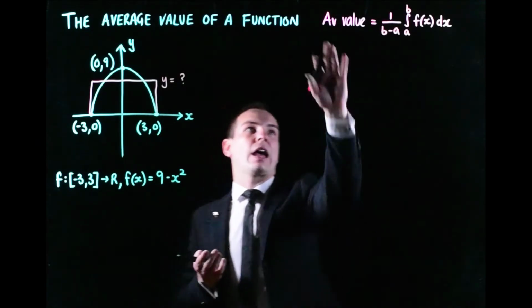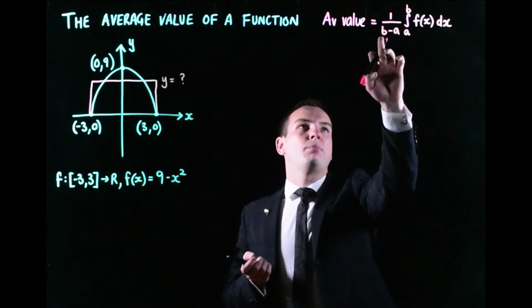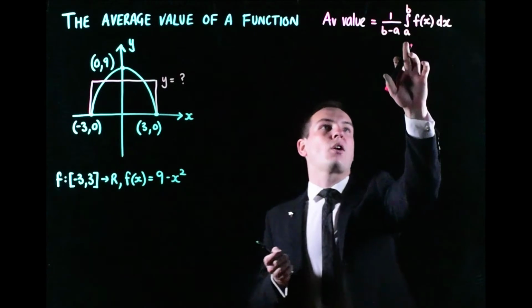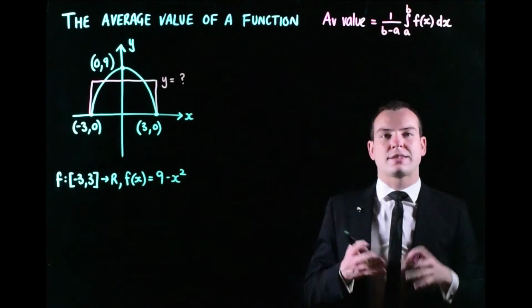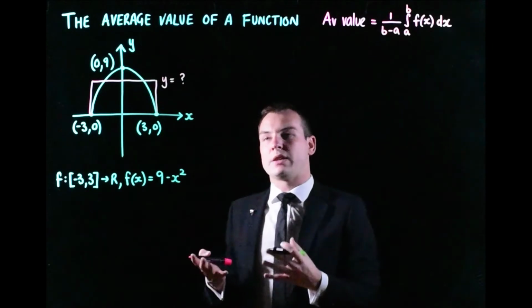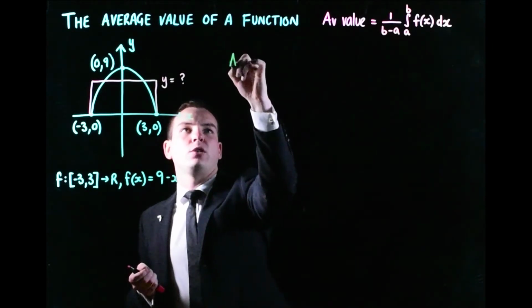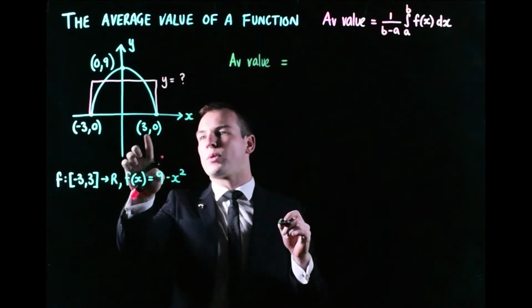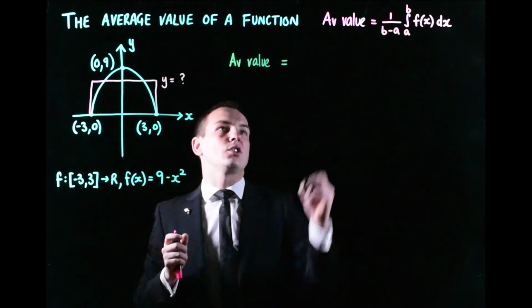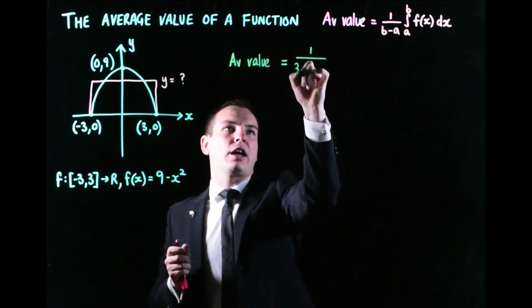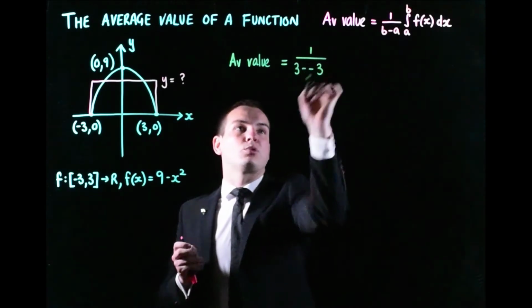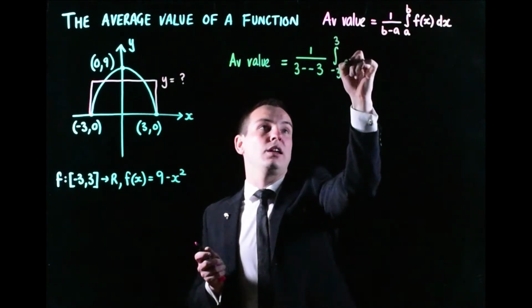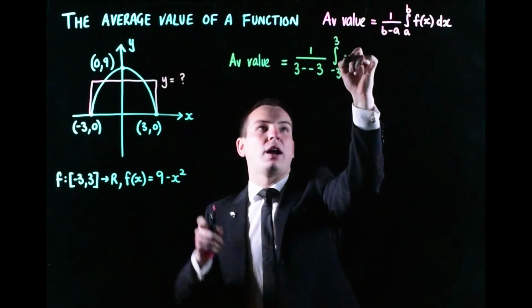So the rule that we have for the average value is we do 1 divided by b subtract a, so that's sort of dividing by the width of the interval, for the signed area from a to b of f of x dx as an integral. So for this particular example, we're going to have that the average value is equal to, and we're going to go from -3 to +3, so that gives an interval width of 6. So using this formula, we'd have 1 divided by, and b subtract a would be 3 subtract -3. And then we'd have the integral from -3 to +3 of the function f of x, which is 9 minus x squared